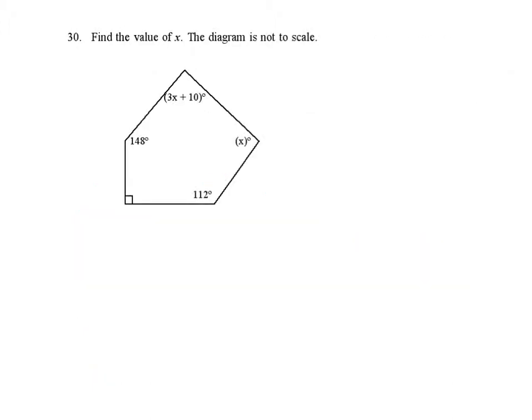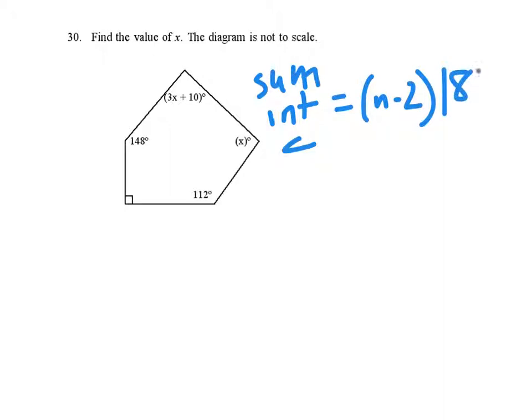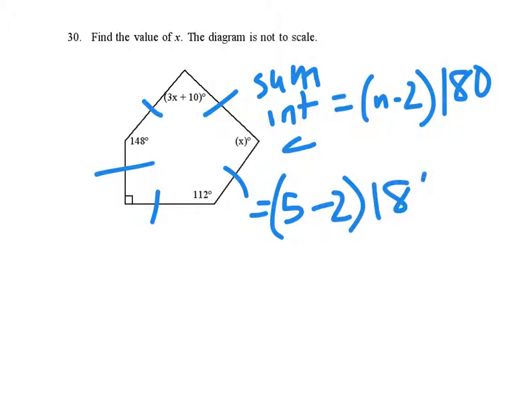30 says find the value of x. The diagram is not to scale. So I have a bunch of interior angles. The first thing I'm going to need to do is figure out what my sum of the interior angles is. Remember, it's that formula, it's n minus 2 times 180. In our case, n is our number of sides, 1, 2, 3, 4, 5. N is going to be 5. So we're going to do 5 minus 2 times 180, which is going to be 3 times 180,